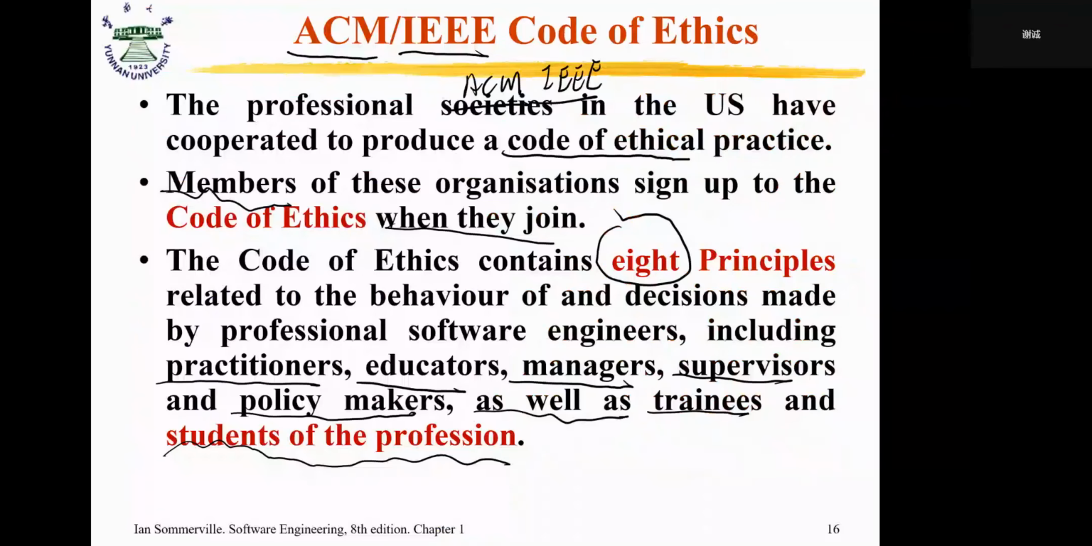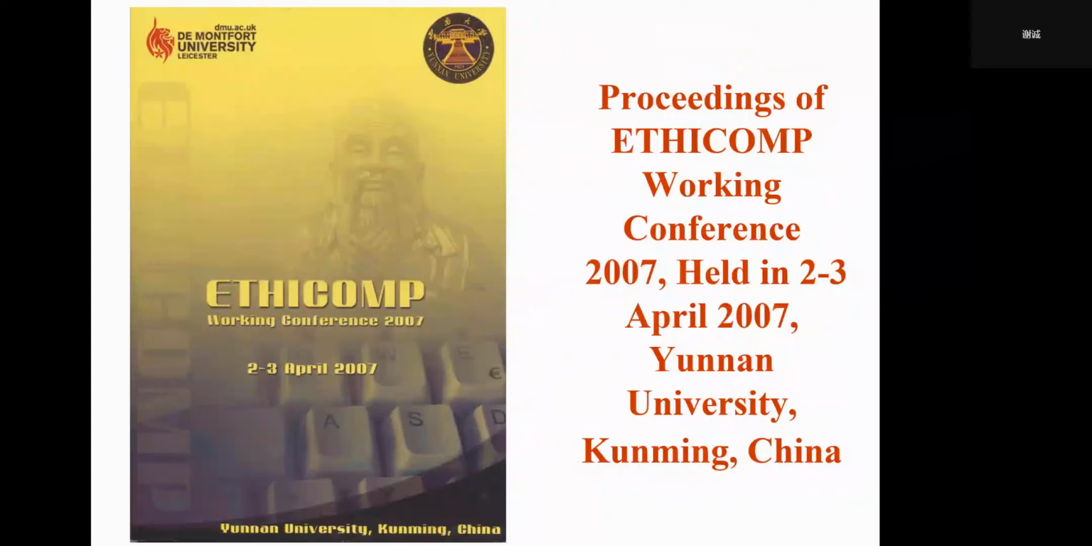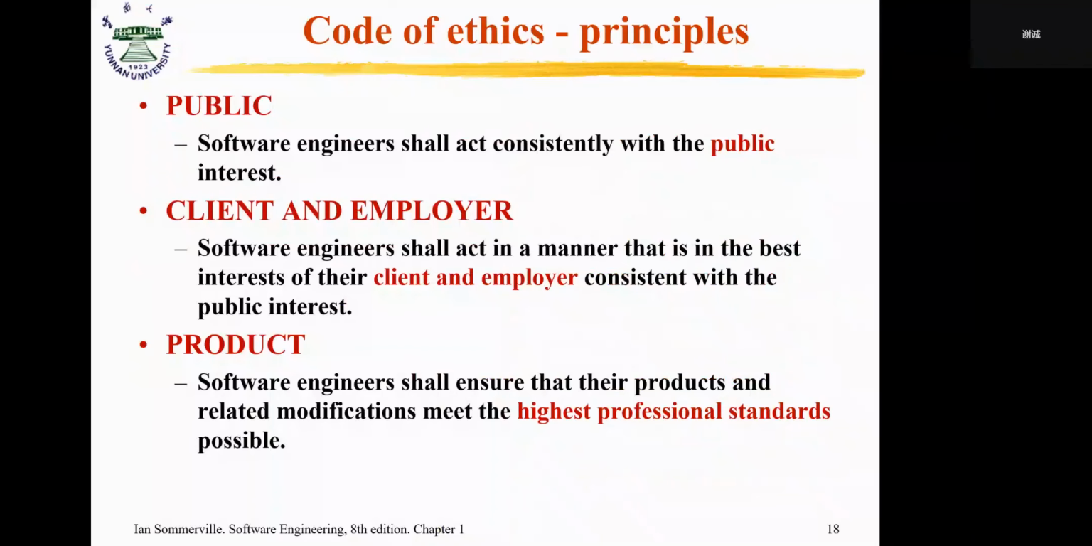Okay, for this code of ethics, they also launched an international conference. This conference started maybe before 2000, and this is very interesting: in 2007, this international conference was held in China, in Kunming, at a university. And let me introduce the content of the code of ethics principles. There are eight principles. The first one is the public aspect. The software engineer shall act consistently with